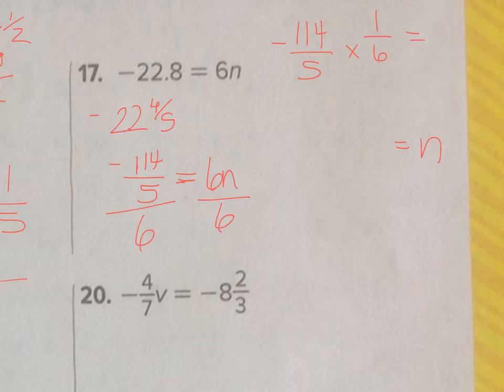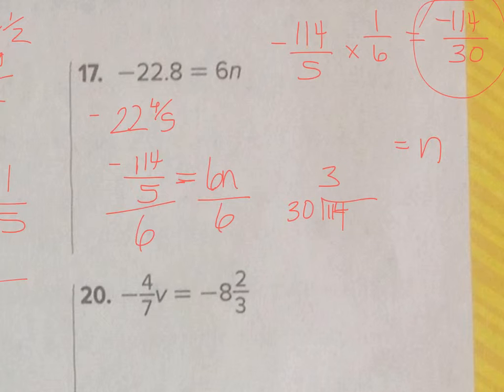And when we do this, we are left with a negative 114 over 30. And to simplify this, we can take 30 and see how many times it goes into 114. And we'll make this our answer negative just because our answer up here is negative. And when we do this, 30 can go into 114 3 times, and 3 times 30 is 90. And when we take 114 minus 90, we are left with